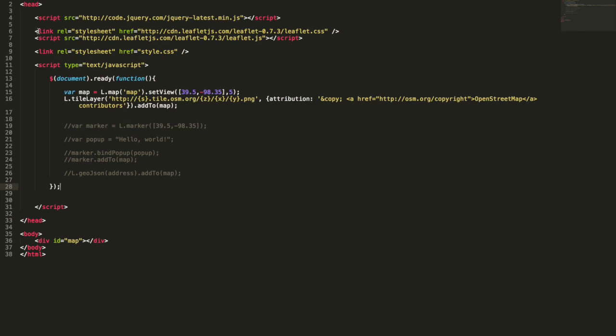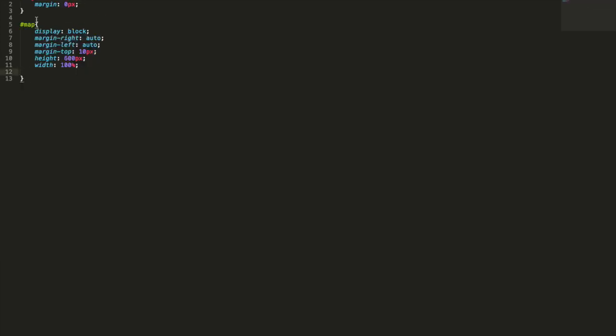And then we have two links here to the Leaflet CSS style sheet that's hosted on their website, and also their JavaScript file. It's also hosted on their website, so we don't have to actually download the Leaflet files and store them locally. I prefer doing this over the other way. And then we also have a reference to the CSS style sheet, where we have created a map div and styled the body just a little bit so that we can create the map